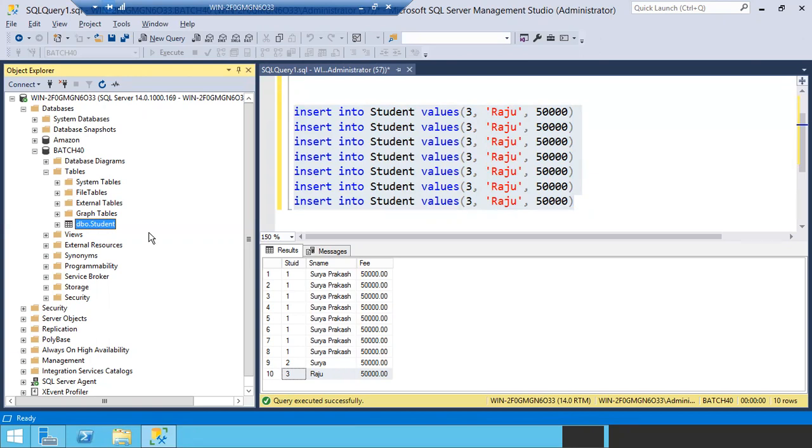So in databases, you will have schemas. In schemas, you will have tables. So dbo is the schema name. The default schema name is dbo. A schema is a container where you can see all the tables. It's a kind of container. You can create your own schemas and all.